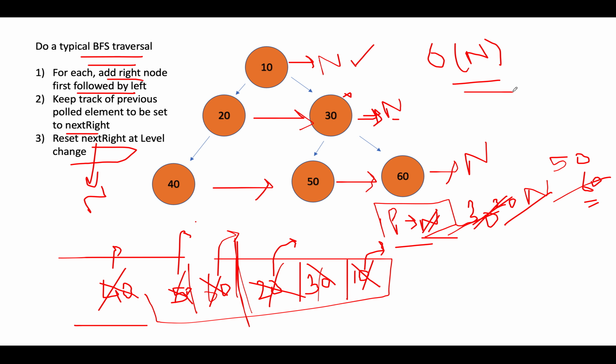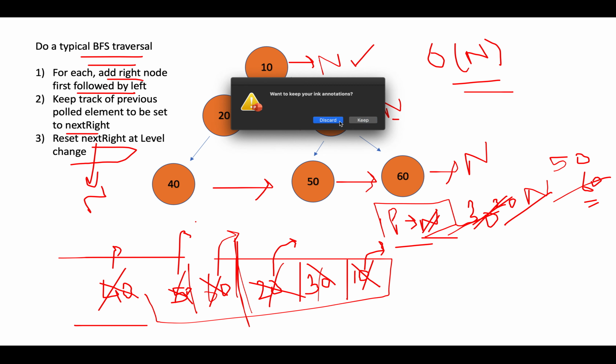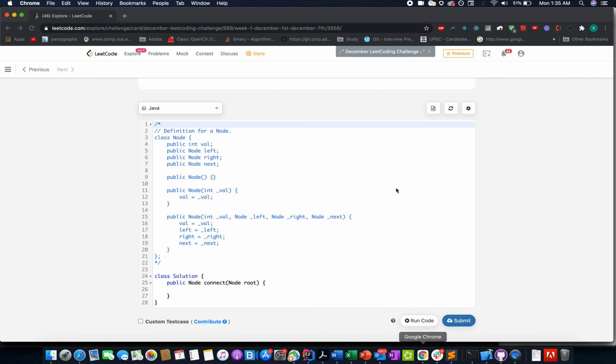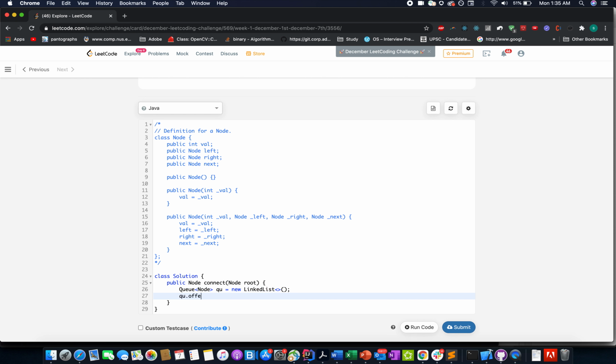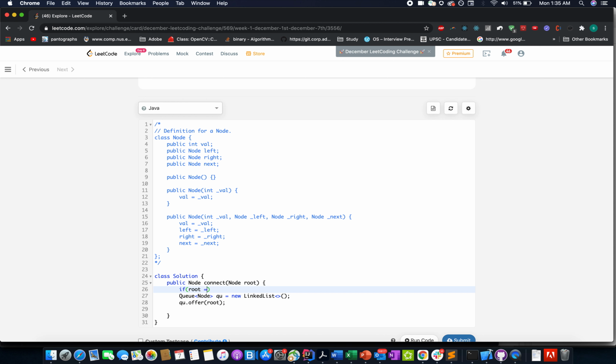So without much ado, let me just code it up. So writing the queue, Node queue equals new LinkedList, queue dot offer root. Also just one corner case, if root equals null, just skip everything and return root.